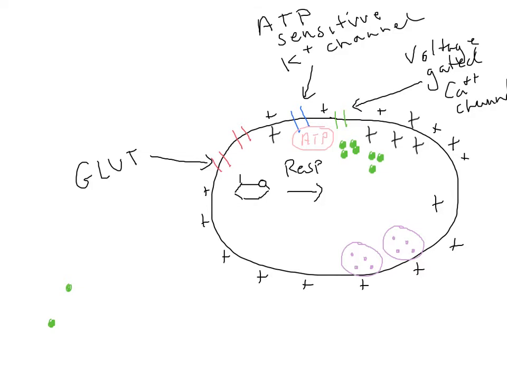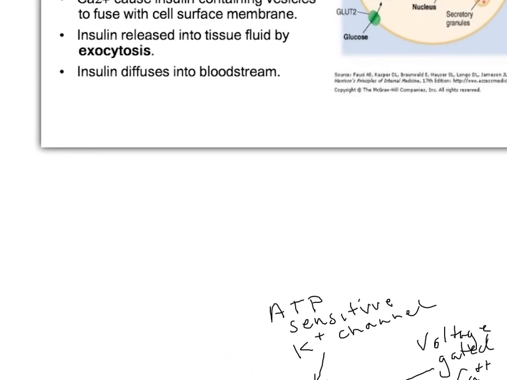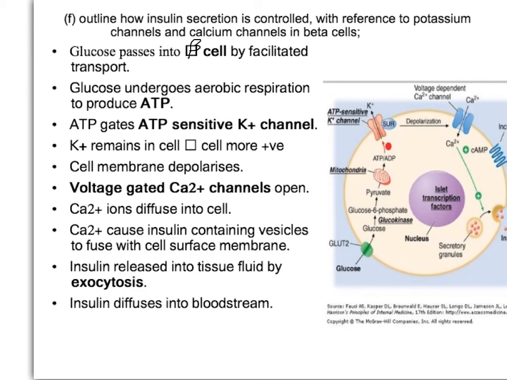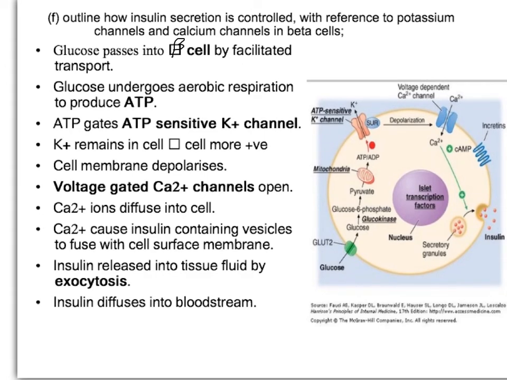So that's how an increase in glucose concentration results in the release of insulin from a beta cell. I'll just pause that there so you can take your own notes and then look at this diagram, and hopefully that makes some sense. Moving on to the next slide,